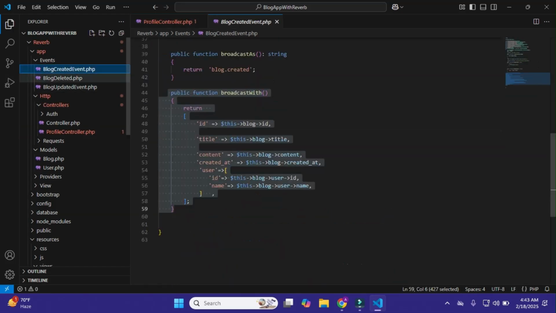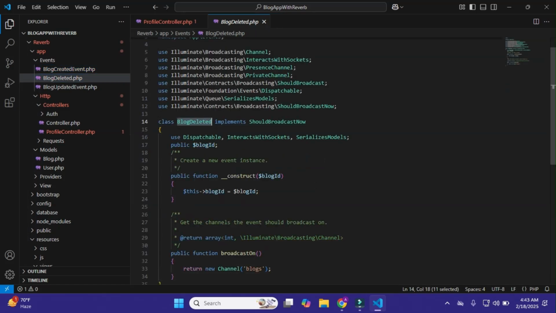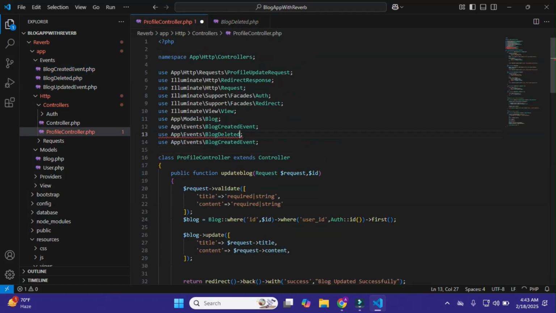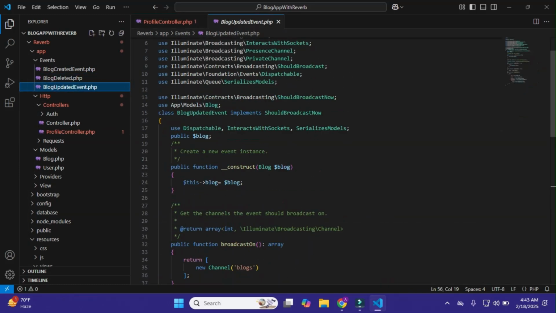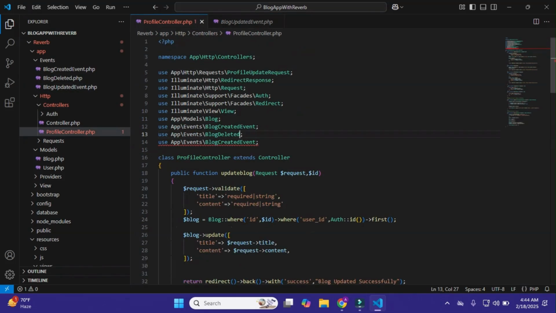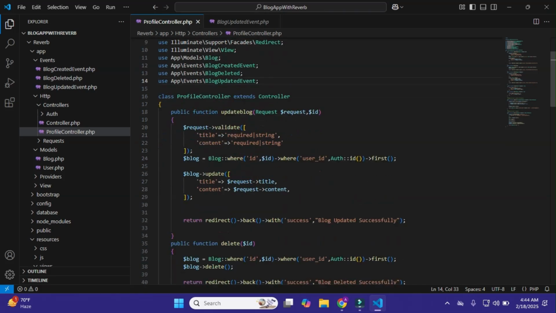So first is our block created event, second one is block deleted, and the fourth one is block updated event. Okay, just this, and I'll also import this. So now we just simply need to pass this here.